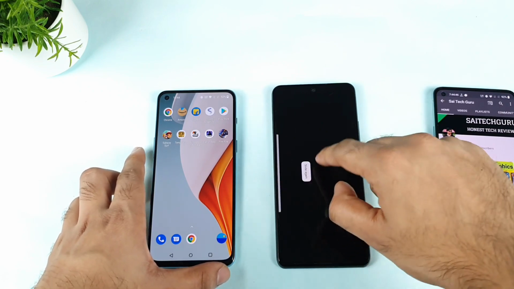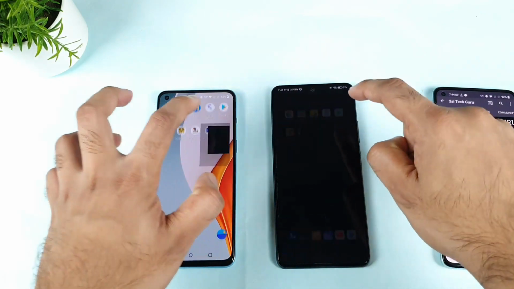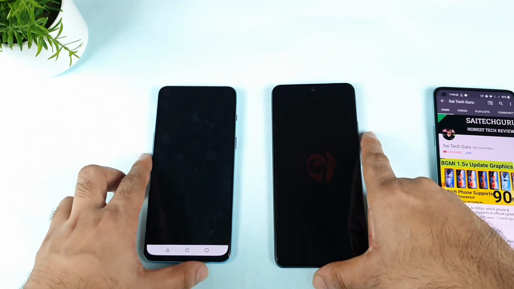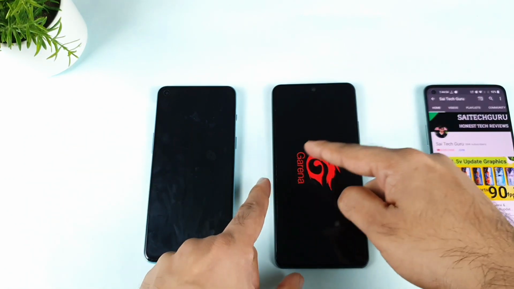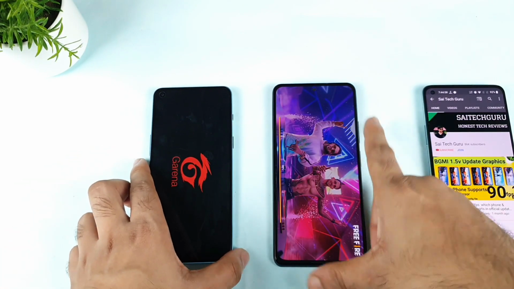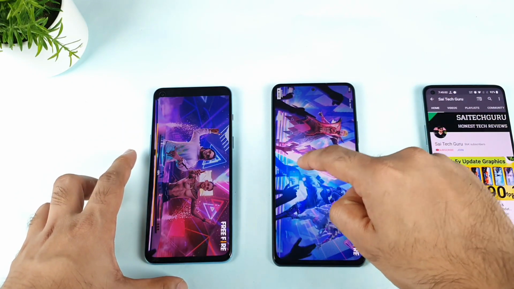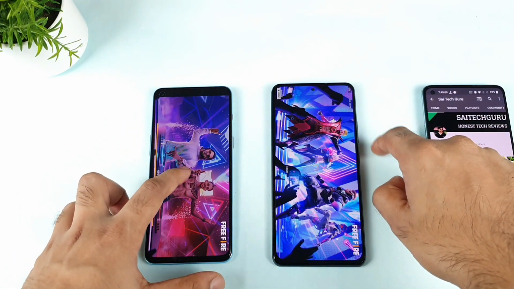Sorry, I think I did not click the FIFA game at the same time on the OnePlus Nord 2. 1, 2, 3. Yes. Now let's see which phone will show us the logo first. The MI11X did show the logo. As you can see the difference, it's a few seconds, not milliseconds. So the first phone to load is the MI11X device in terms of the login page showing.